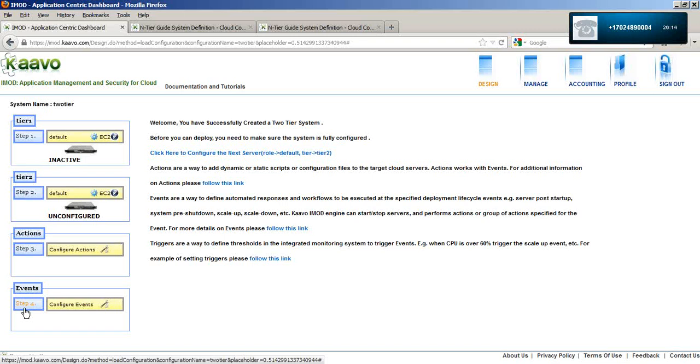However, I would like to mention two important points here. First one, while creating actions, try to use common server attributes as much as possible while referring to server objects in your actions. That will make it easier for you to share actions among multiple providers. For details, refer to this URL here.